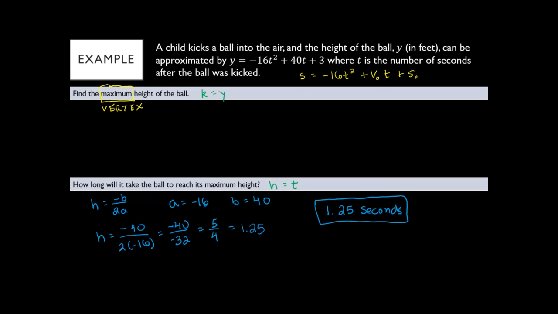So now I'm going back to the top part to find k. So we've got negative 16 times t squared. So we're plugging in 1.25 seconds. Then plus 40 times t. So once again, I plug in 1.25. And then plus 3. So definitely we're going to need a calculator here. And we'll show more steps here because there are more calculations than there would be with a whole number. So 1.25 squared,